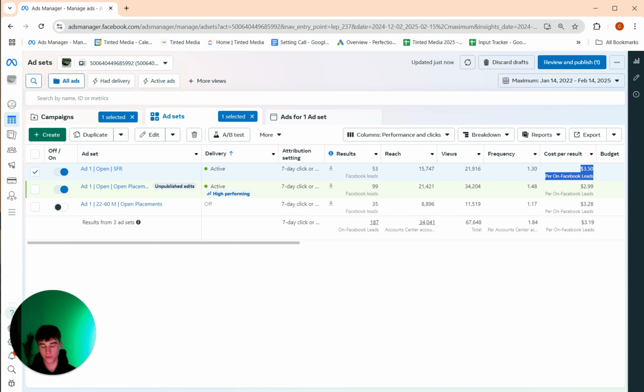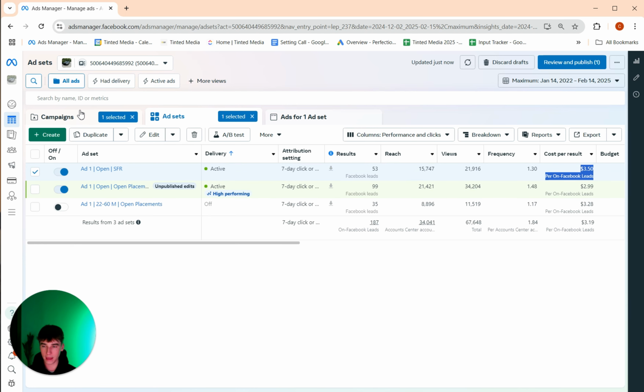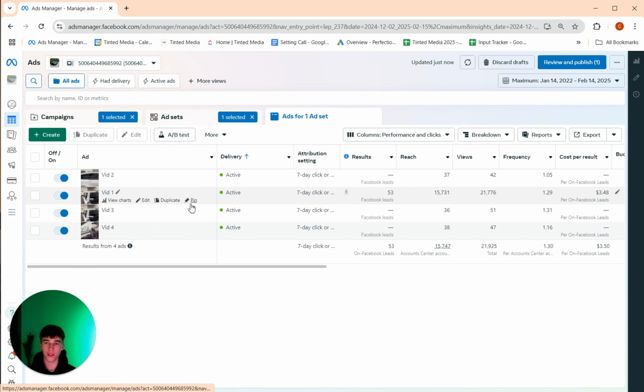So once you've properly structured your campaign, everything is set up right, the way that it needs to be, which when you're first starting out is going to be one campaign, 2 ad sets, difference of the ad sets being the audience, and then 2 to 4 different creatives inside of each ad set. You will be good to start running your ads, or you'll be good to at least add everything in and have the structure right. So having a proper campaign structure is obviously extremely important, but it's not quite as important